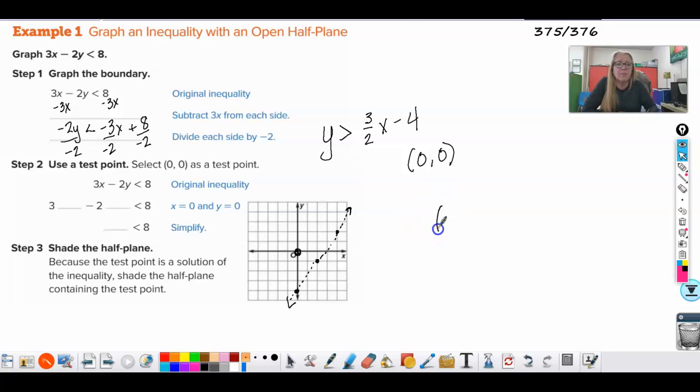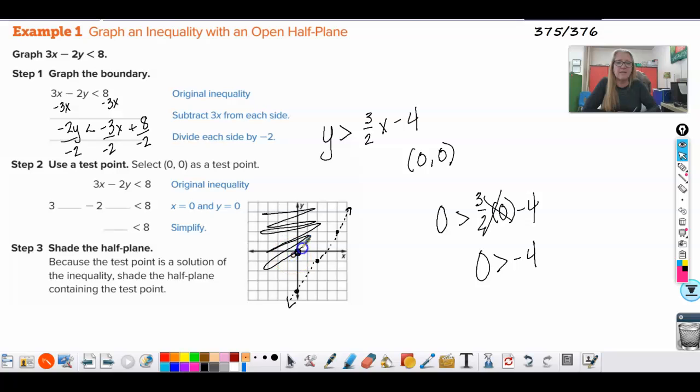We put 0 in for y is greater than 3/2 times 0 for x minus 4. Well, this wipes itself out, and you end up with 0 is greater than -4. Is that a true statement? Yes, 0 is greater than -4, which means the points on this side of the line make the inequality true,